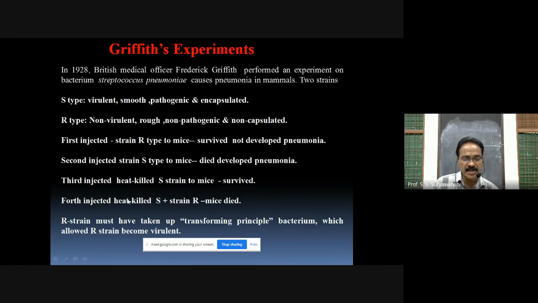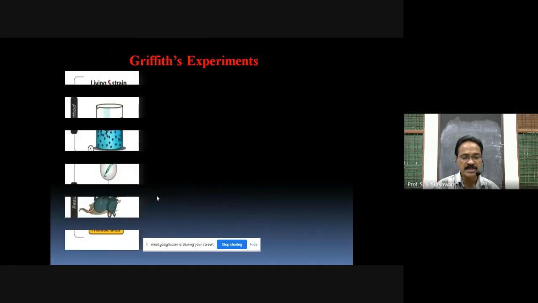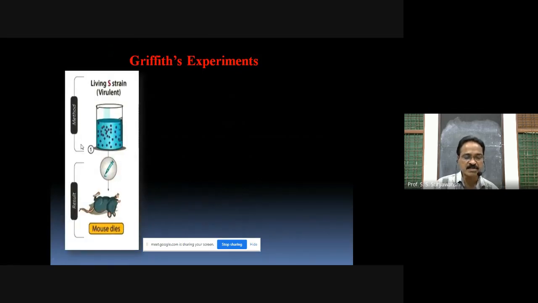So this is very miraculous, or an unexplainable thing, that S, which is pathogenic, must consist of something. But when it is heat killed, it becomes inactive. But when it is mixed with the R strain, it again becomes active. That means something present in the S goes to the R strain, and the R strain now becomes the S strain. So let us see with the help of some figures or diagrams, which is more convenient for you